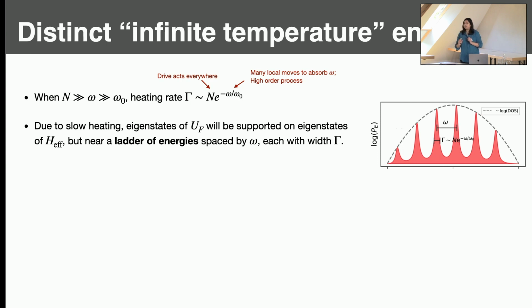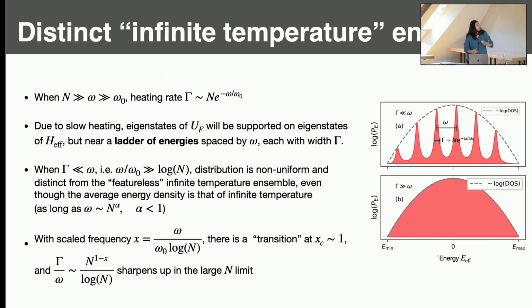in frequency by omega. Okay, but now notice that already from this we see that when this line width is much less than omega, that is when omega over omega naught is much bigger than log n, so it's very weak. Okay, the Magnus expansion is horribly non-convergent at this point because that requires omega scaling with n, but omega only scales as log n here. So already for this very weak omega dependence, we find that this distribution of energies